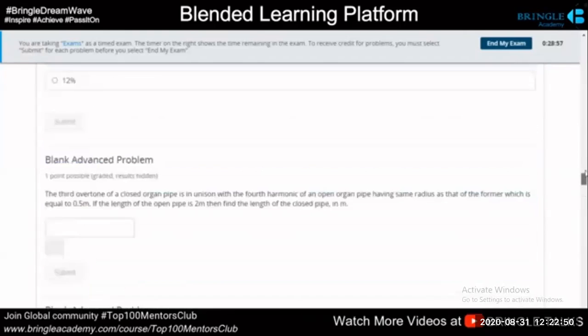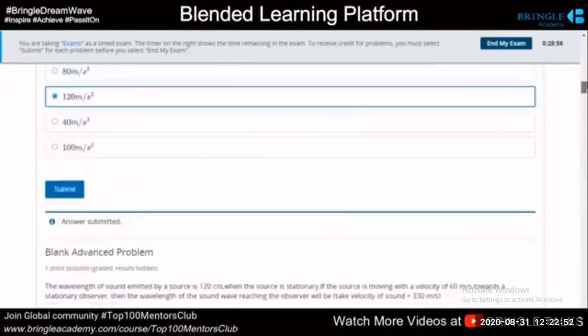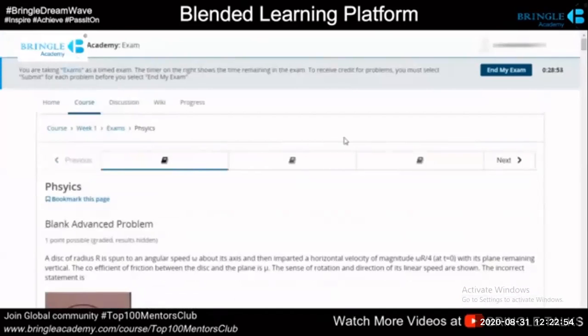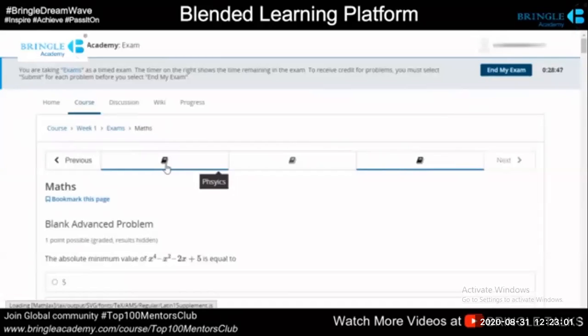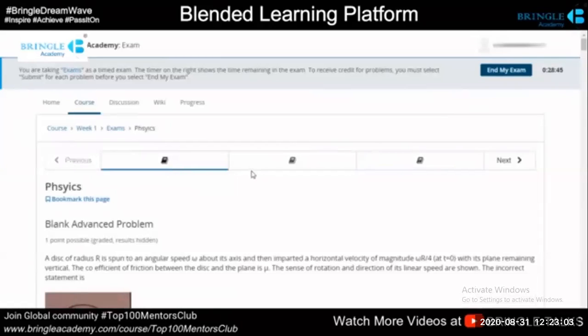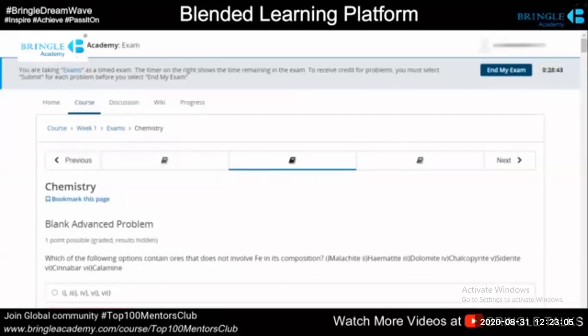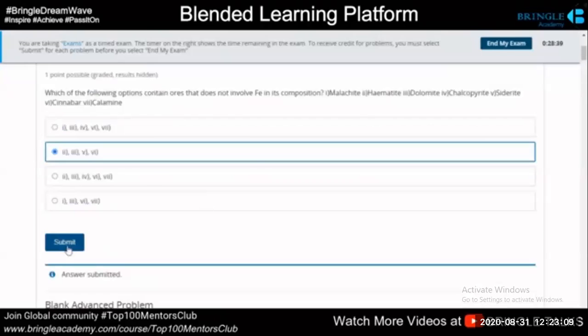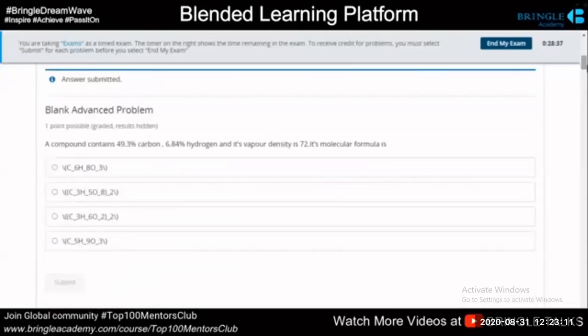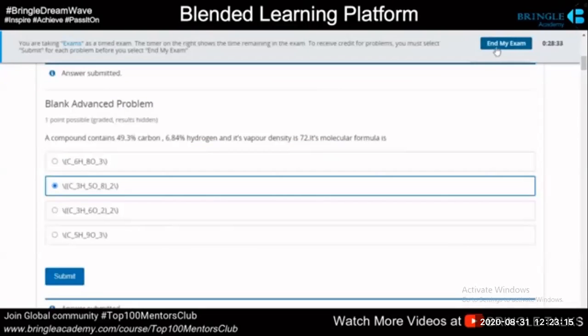And in fact, you can ask, it need not be just MCQs like I showed before. The learner can type paragraph answers here, the learner can upload answers here, anything can be done. So here is a sample representation of physics, chemistry, and mathematics. It can even be biology with a lot of diagrams and notations. So I just pick my option here. When I'm ready, I click on end my exam.